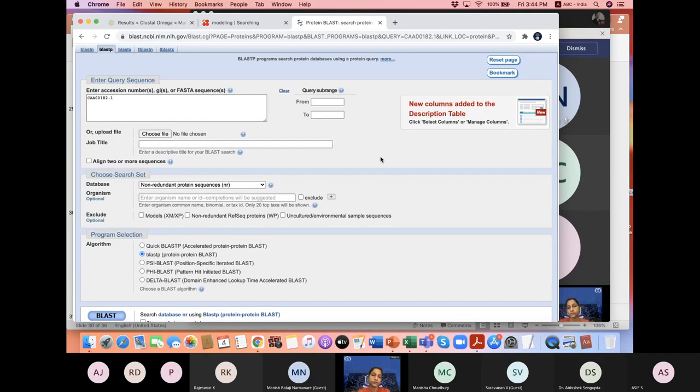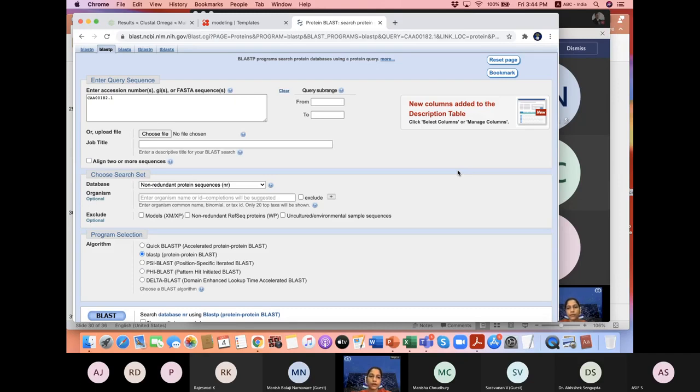Now okay, just to all the ones who might not be aware about BLAST. BLAST is nothing but basic local alignment search tool. What we are doing here is, suppose we are taking one particular sequence from the database, and now we want to know whether there is any similar or identical sequence already present in the database.